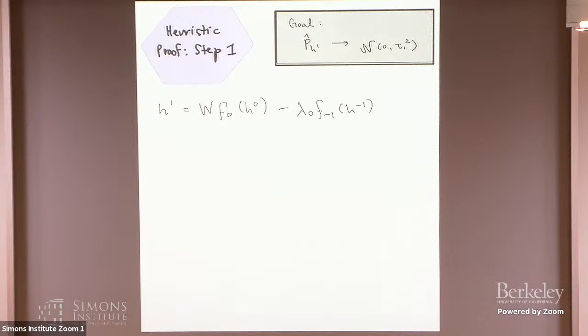But when I define this algorithm, I'm assuming that negative indices equal 0. So this term drops away. So in short, what I have for my first iterate is just going to be the product of a